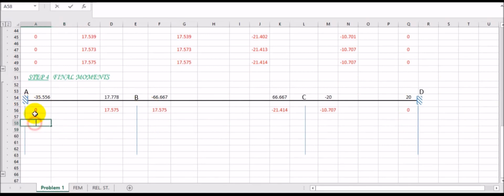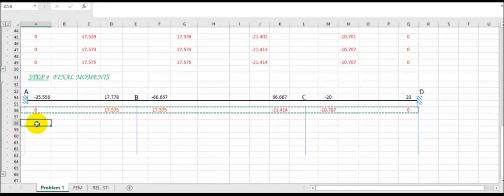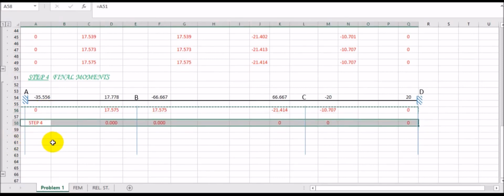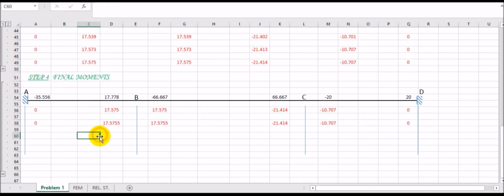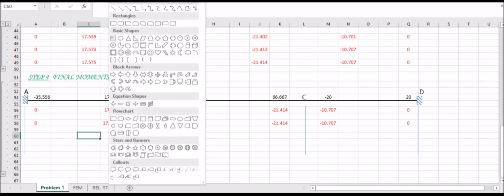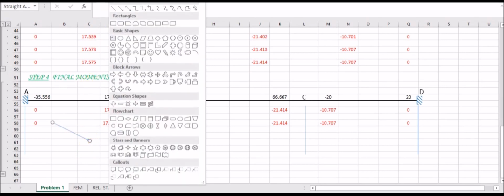The next step is that I have to copy these values same as they are. I just have to copy them and paste them again here. These are the same values, and now what you have to do is you have to cross, not cross multiply, but you have to just take them in the cross directions. I'll show you how you have to do it.